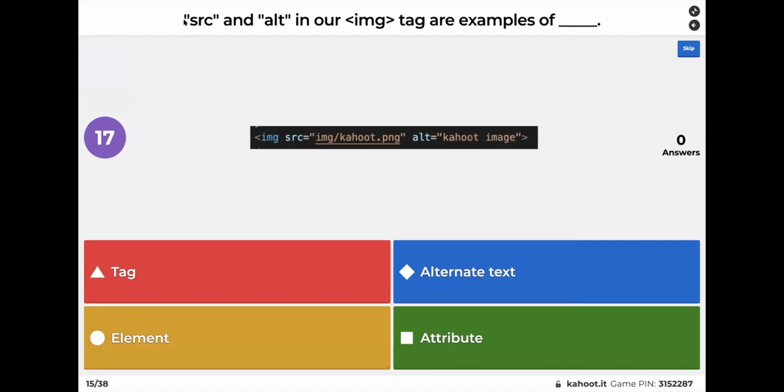Oh, so sorry. Source and alt in our image tag are examples of